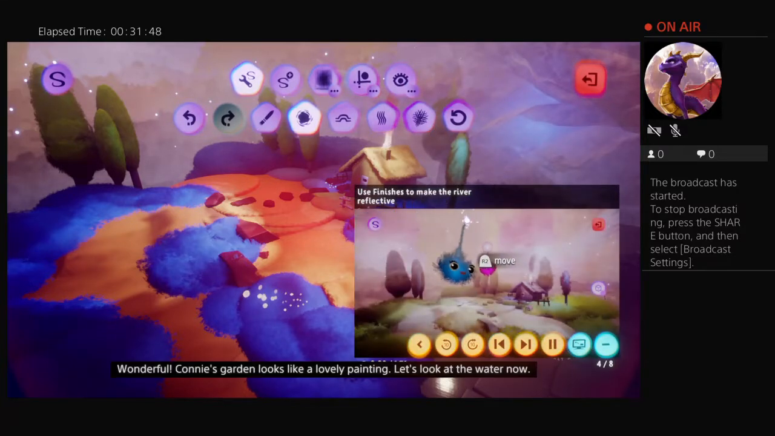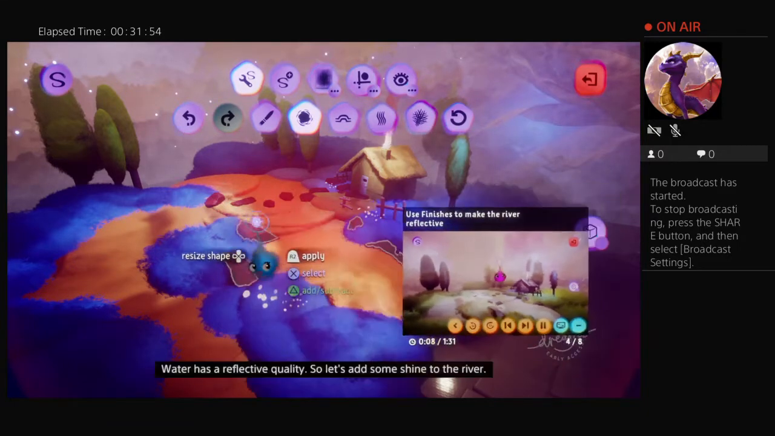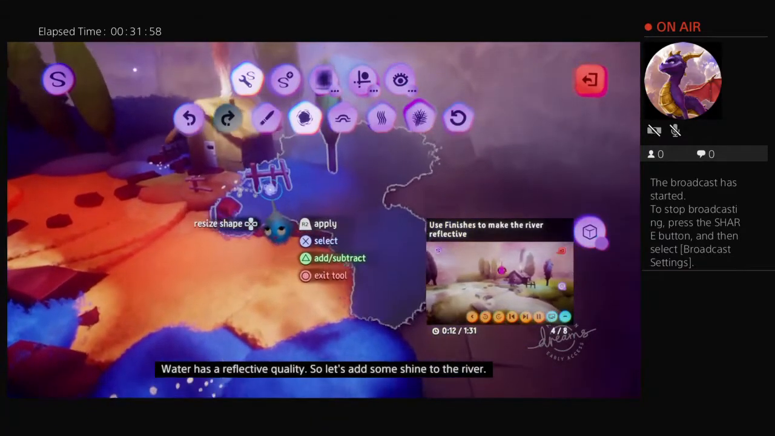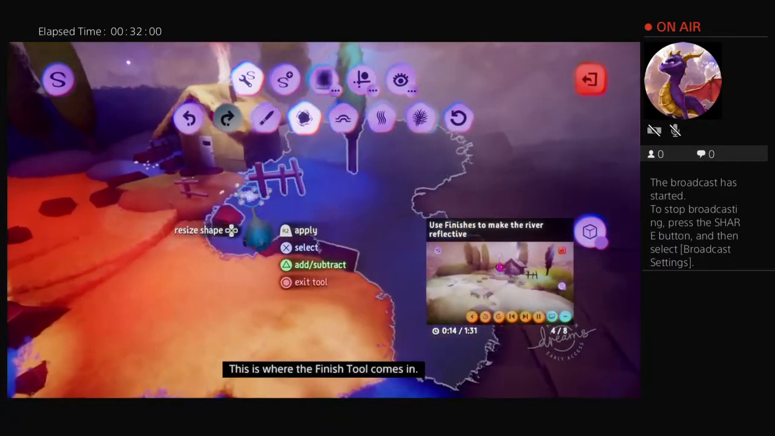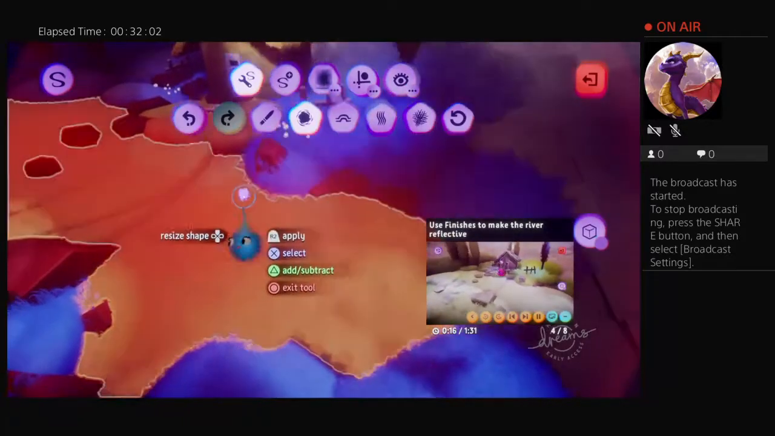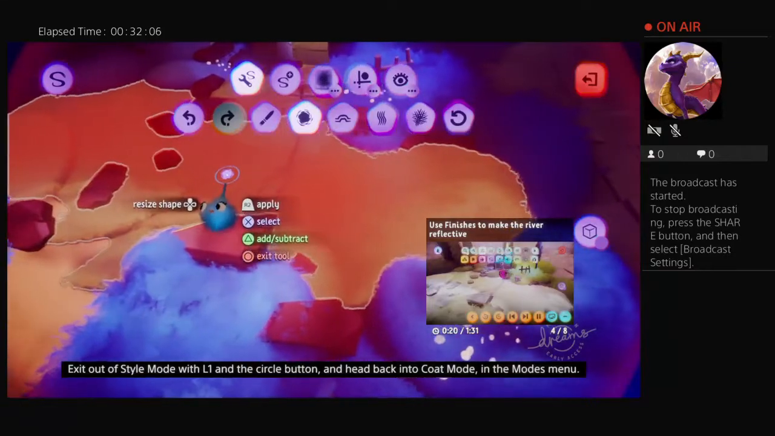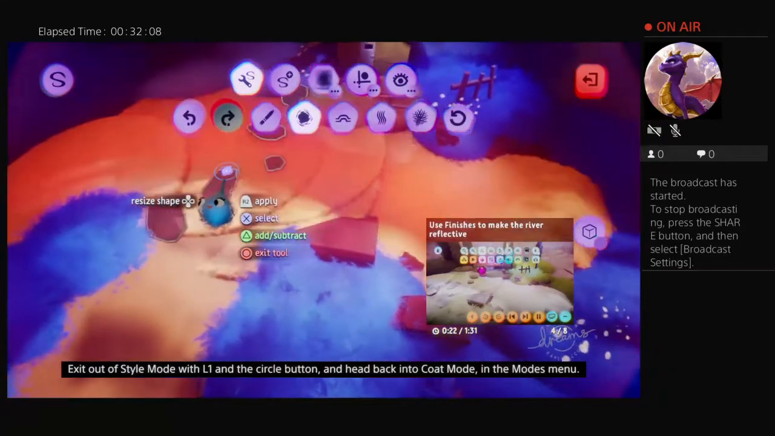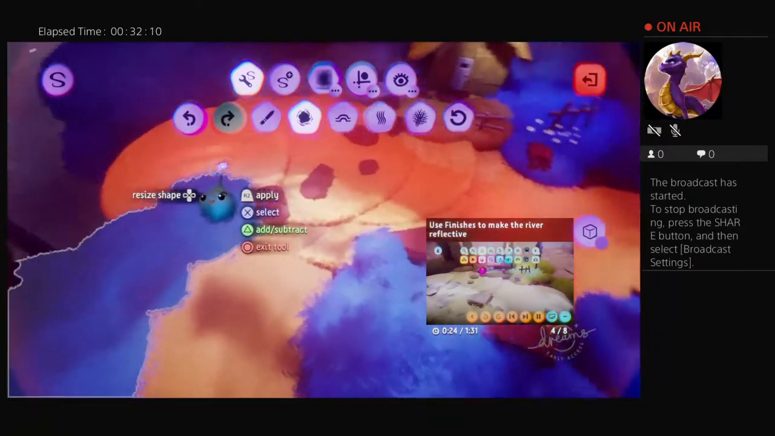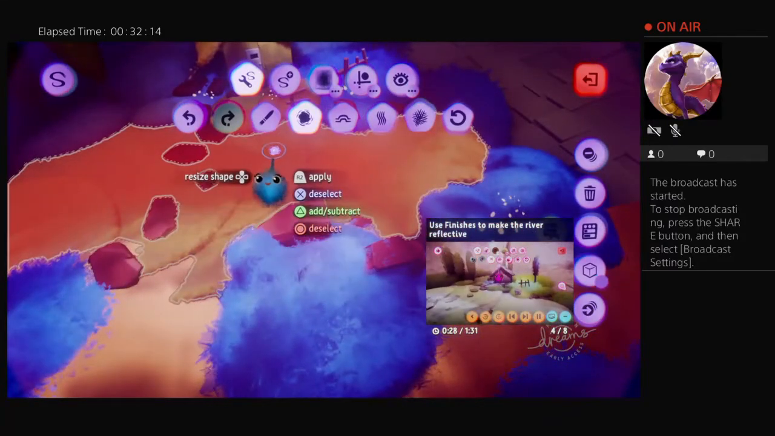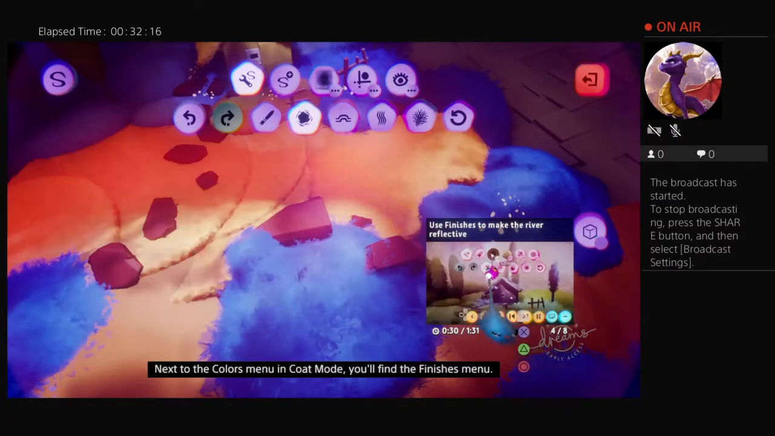Wonderful! Connie's garden looks like a lovely painting. Let's look at the water now. Water has a reflective quality, so let's add some shine to the river. This is where the Finish tool comes in. Exit out of Style mode with L1 and circle and head back into Coat mode in the Modes menu. Next to the Colours menu in Coat mode, you'll find